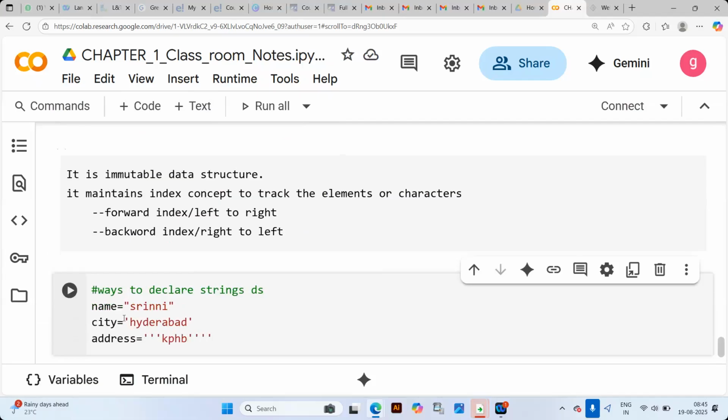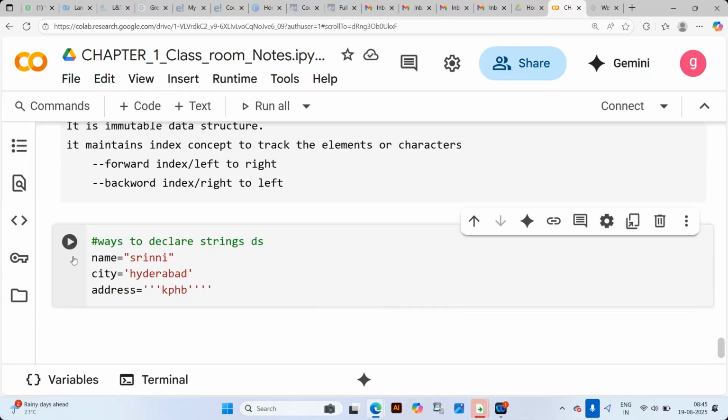These three are the different ways to declare strings. You can declare them with double quotation, single quotation, or triple quotation, all allowed in Python. If you want, you can print name, city, address.